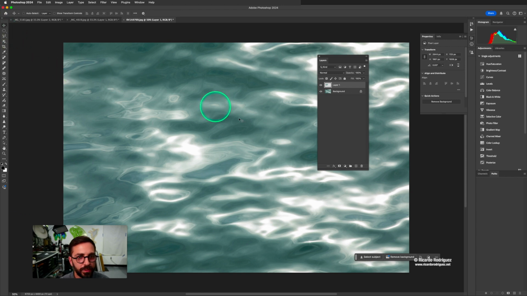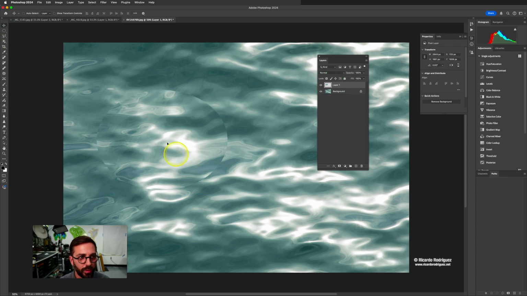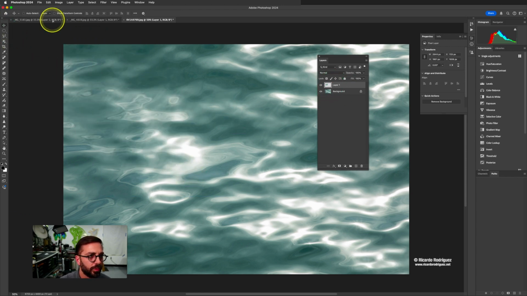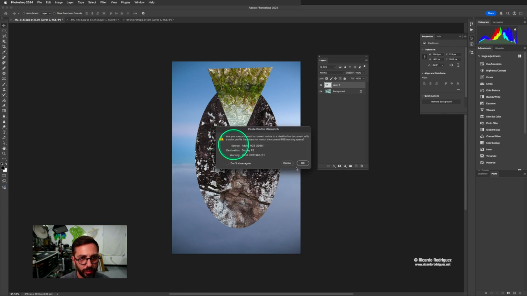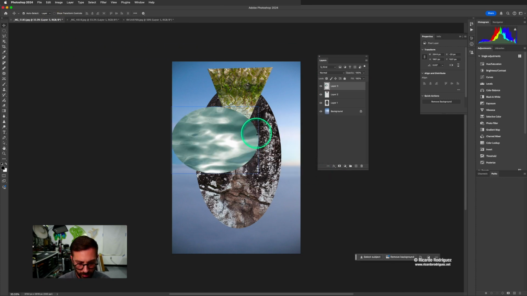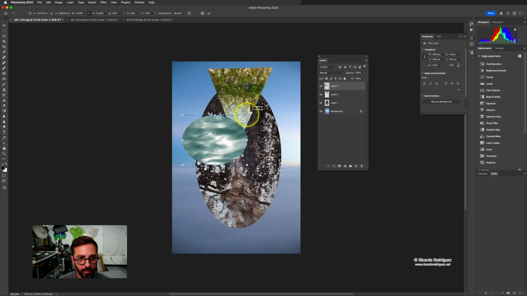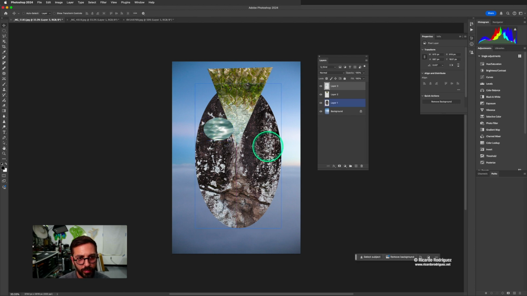some details. So now that I have this one, I'm going to bring it over to the other one, let it go here. Oh, these are all different color format. And then I'm going to make it smaller. So this is going to be like my little eyes. Maybe make it a little bit smaller. Let's do that. Okay, so this one, let's say I like that, I'm actually going to just duplicate it. So I'm going to press Command J here, so that way I have 2 layers of that